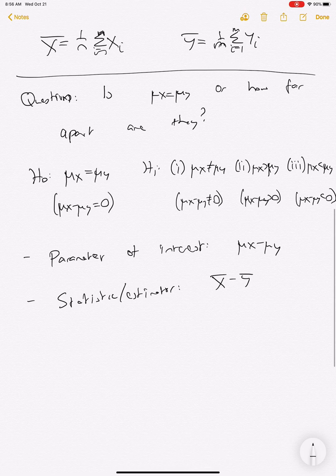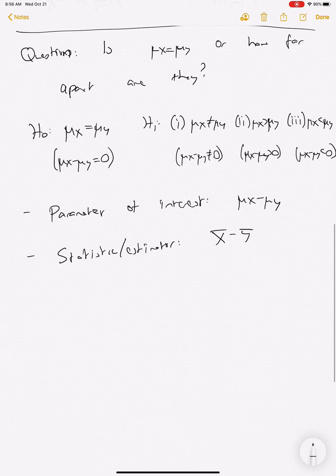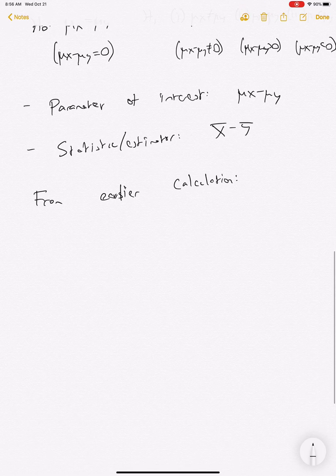Okay, and so clearly we know that from earlier calculation, we have that